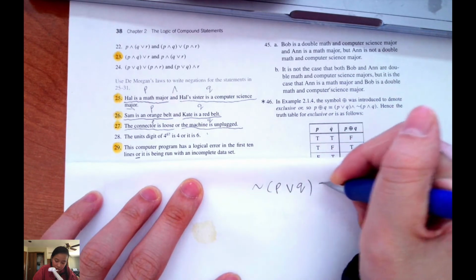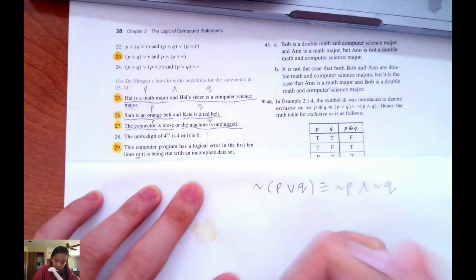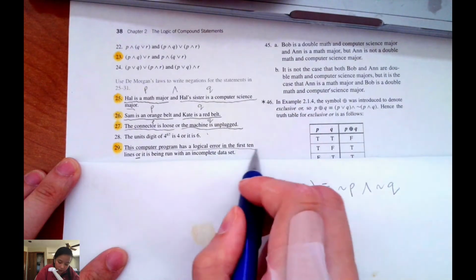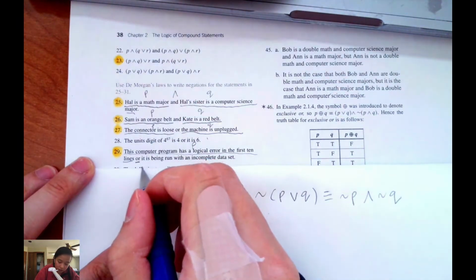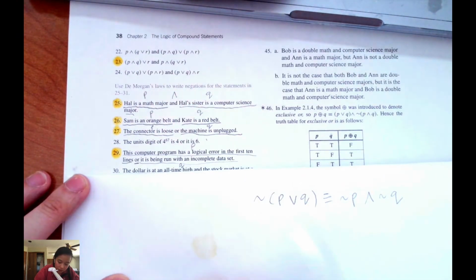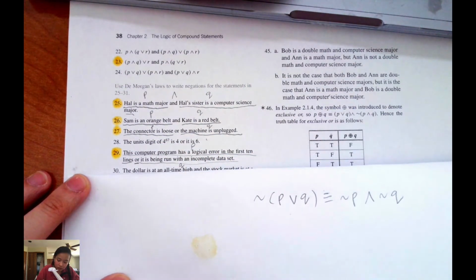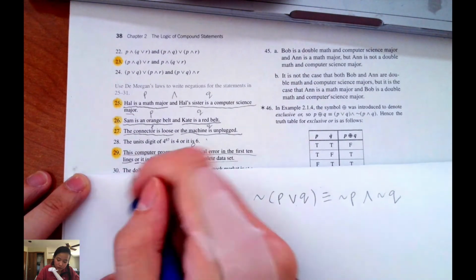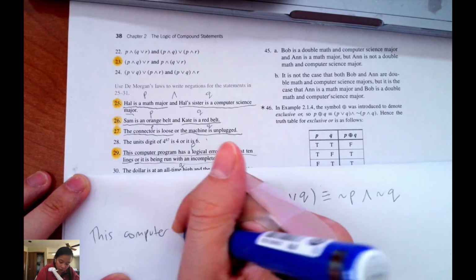So the negation of P or Q is logically equivalent to the negation of P and the negation of Q. In this case, P would be "this computer statement has a logical error in the first 10 lines," that's P, and then "it is being run with an incomplete data set" is Q. So if we want to take the negation of this whole sentence, we could write the logical equivalent sentence, which is the negation of P, so this computer program,